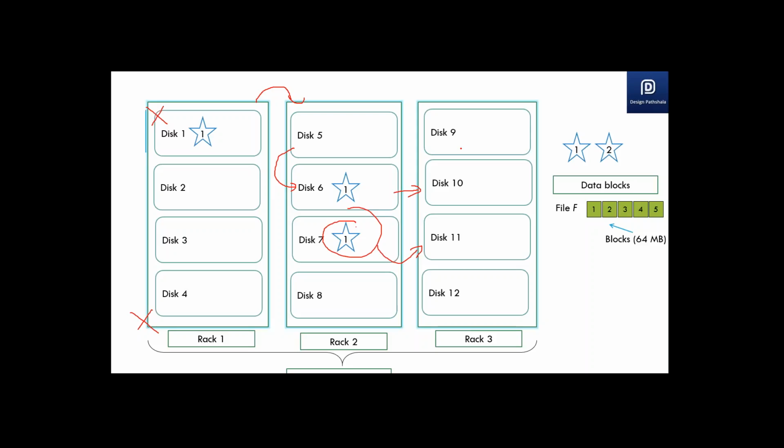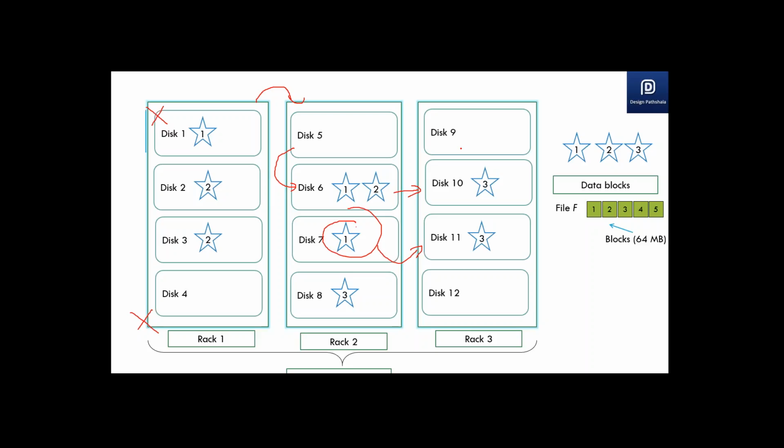So let's say the second block now needs to be placed. Any guesses where it will go? Again, it would be random. Randomly, yeah. And the second and third copy? Maybe on rack 3. Yeah, 1 or 3. That's the perfect answer, 1 or 3. So it can go to any of the racks and any of the nodes on those racks. So it's gone to rack 1, say, and similarly for the other blocks. So it came randomly onto one node, and the next 2 copies would go randomly on another rack, not rack 2.